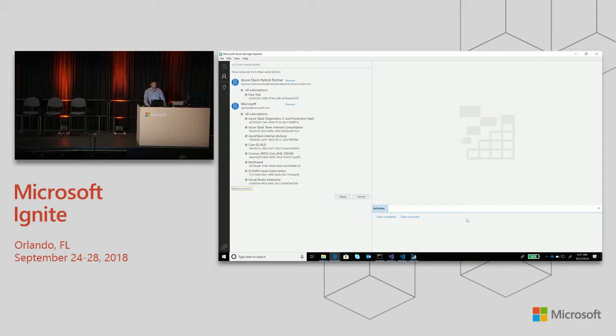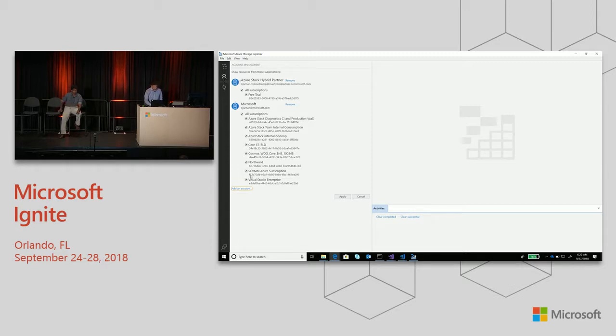Yeah, so like Sri mentioned, Storage Explorer is just one of the tools that we can use to plan against our hybrid DevOps. There is PowerShell, CLI, and some of the Azure SDKs. What I'm going to show is really just Storage Explorer, and one of the many ways that this helps enable you as well. If you remember in my last application, part of my application was to deploy a storage account. Essentially, what I've done here is I have my Azure Stack environment on Storage Explorer, and I have my Azure environment. But how was I able to do this?